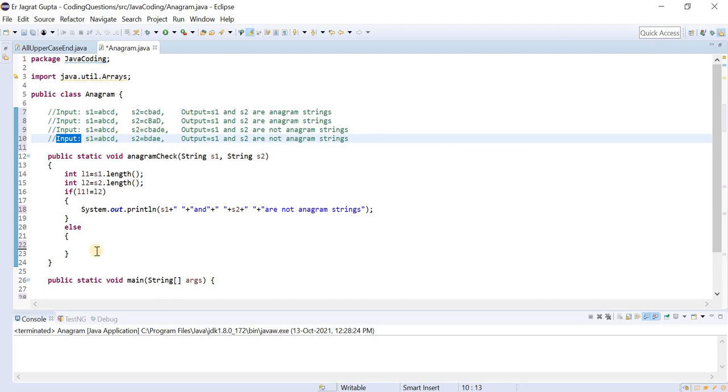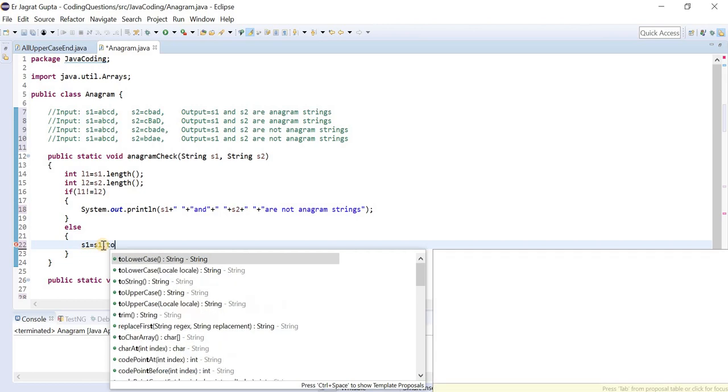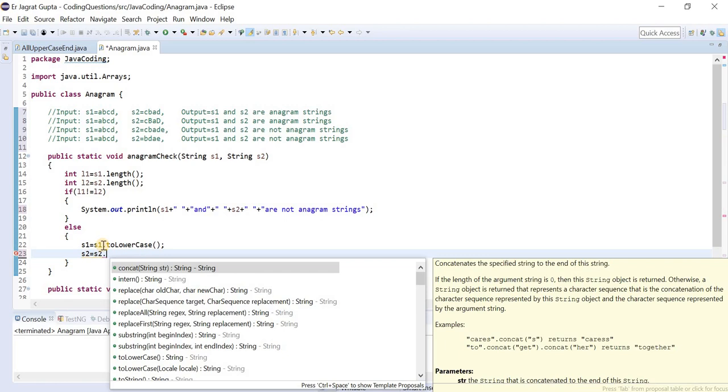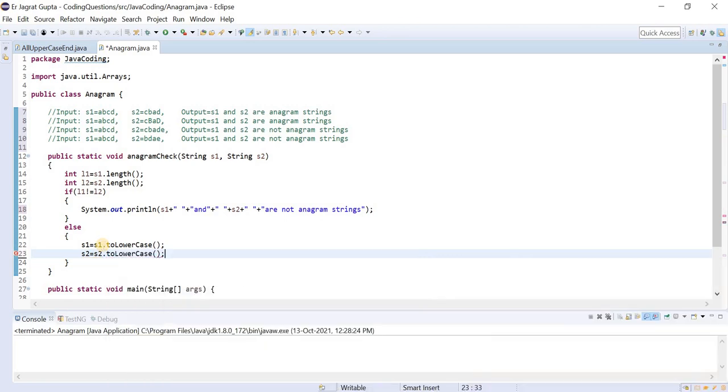Of course we need to firstly convert our string into lowercase, if it is given as a combination of lowercase and uppercase. So s1 is equal to s1 dot toLowerCase, the method. Just as a precaution, we will convert our string into lowercase, so that if our input string is a combination of lower and uppercase, then it will be converted into lowercase.